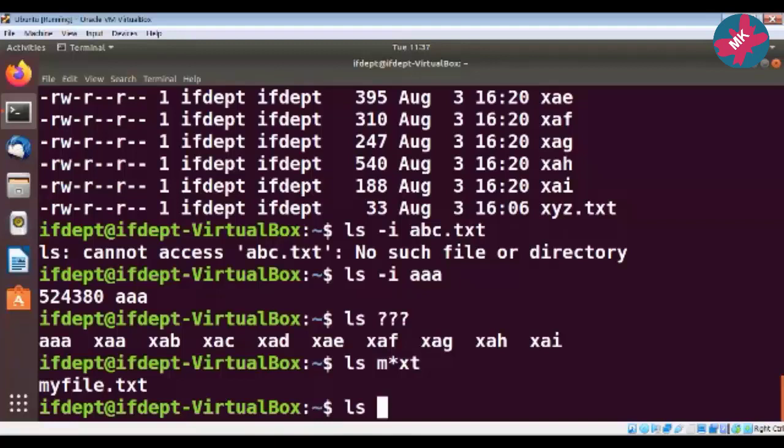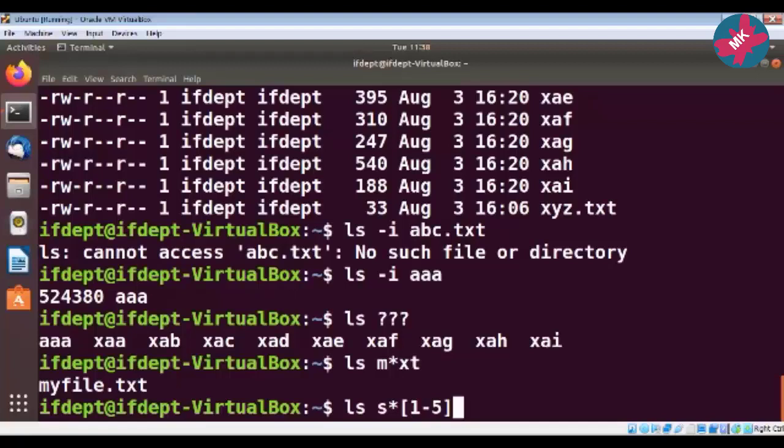Now my list should start with S. Suppose I don't care what is in between S and the last character, so I will put a star here. Now I want these files to end with 1 to 5, isn't it? So I have to utilize square brackets here. There are two ways to write this. First I will show you the first method: 1 dash 5, and close the bracket.